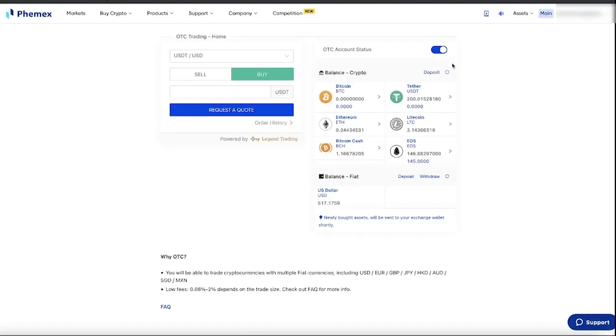All right, now we're back at the OTC trading page, and if you look up here, you can see this is now blue, your account status. That means you've passed your OTC and you can start using this. Remember, if it's gray, you still need to go through the OTC verification process. Over here, you can see your crypto balance,